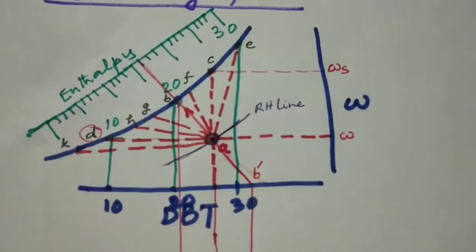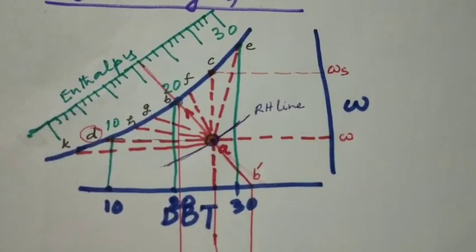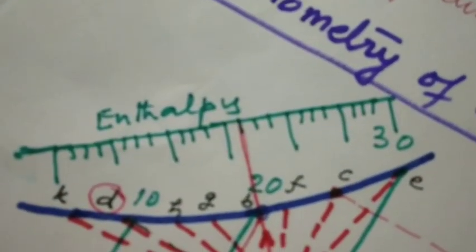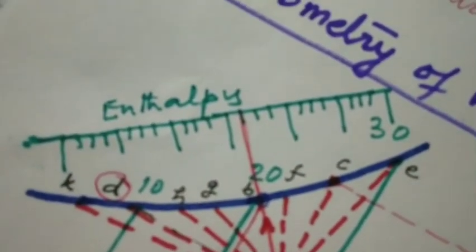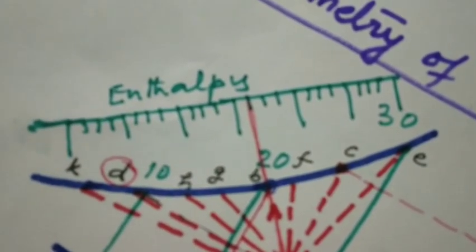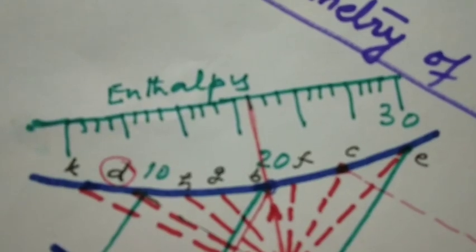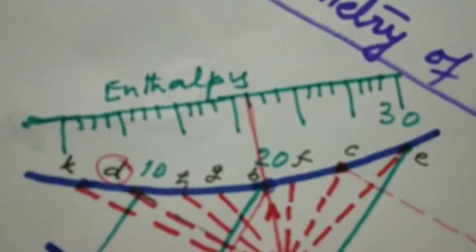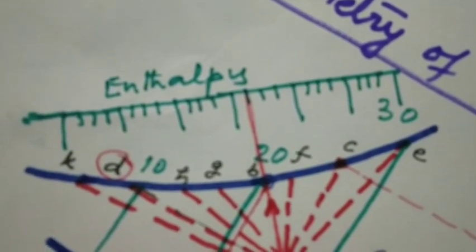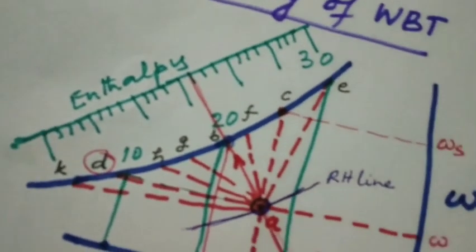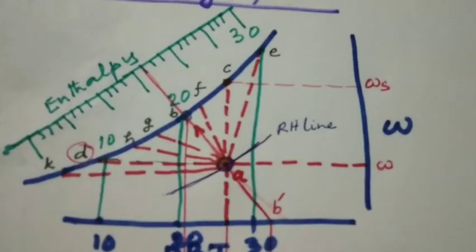Now if you see the green line there, this green line is representing the amount of heat content of the air, and it is the enthalpy in kilojoules per kg of air. Enthalpy is in kilojoules per kilogram of air which we are talking about. So if we have 1 kilogram of air, a certain value of enthalpy can be read, which is an inclined axis of the psychrometric chart.